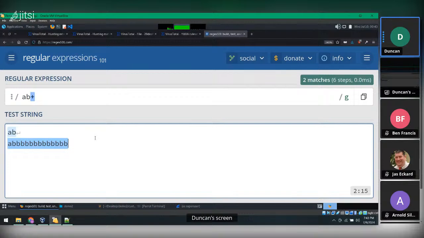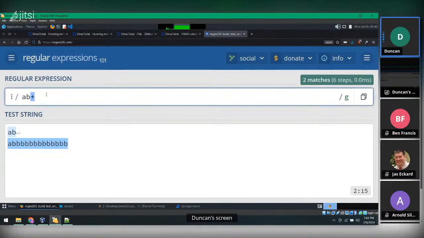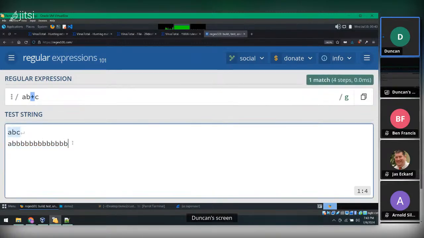That mainly matters when that's at the very end of the expression. But it kind of doesn't make a difference if you need to find a C afterwards. Then greedy and non-greedy are going to behave exactly the same way. So would greedy match B plus B? B plus B,